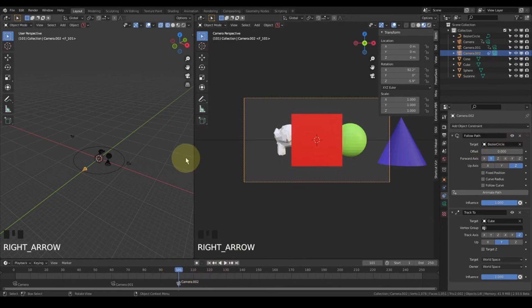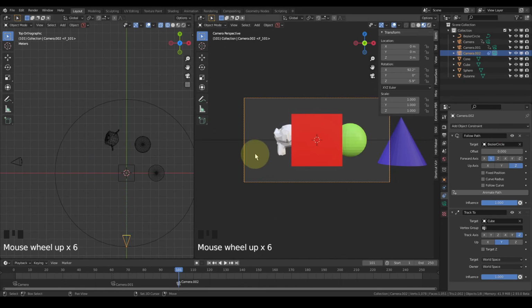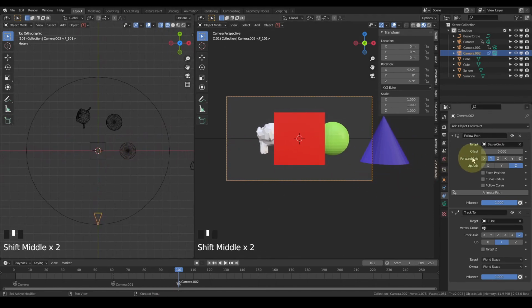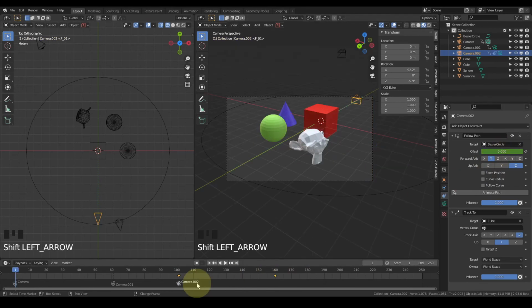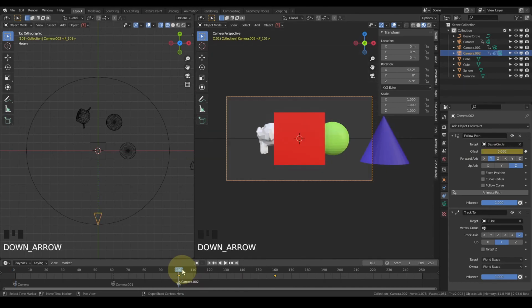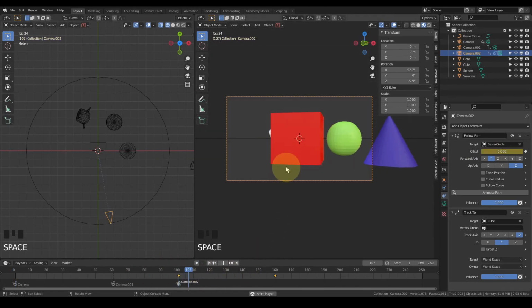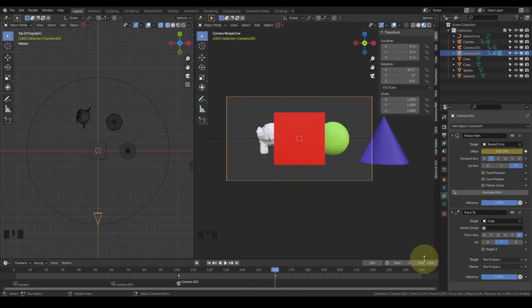So now what we are going to do is press I or just right click, insert keyframe, and at frame 160 type 100 and again press I. So it moves along the path while facing the cube.